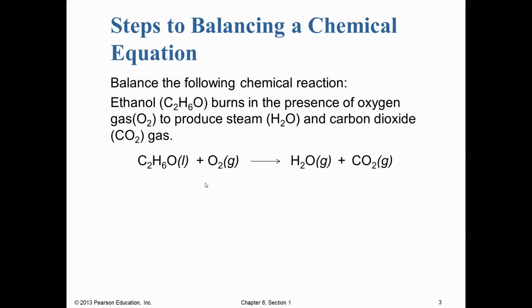And so we start out by balancing our carbons. We have 2 carbons on the left, so we need a 2 out in front of our CO2 to balance it. And then from there we have 6 hydrogens on the left side, and so we need to put a 3 coefficient in front of our water to get 6 hydrogens on this side as well. And then we go to balance this thing. We're going to save the